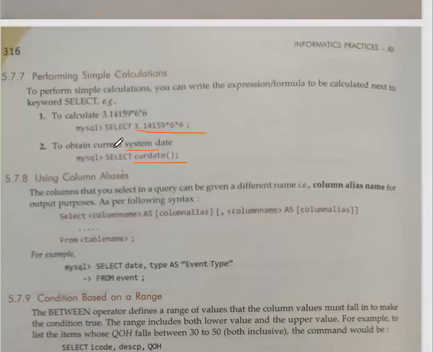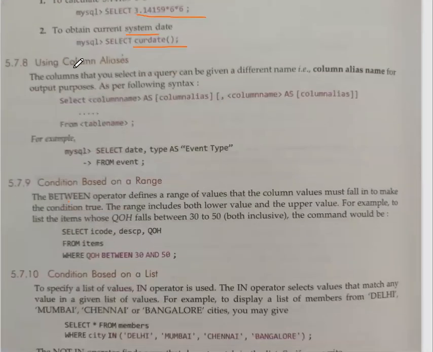Fine. Okay, then next is column alias. Alias means you want to create another name for the column. But remember, this is always on a temporary basis. If you want to change the column name permanently, you are going to use the alter command. But for temporary basis, you can simply use, for example, as.